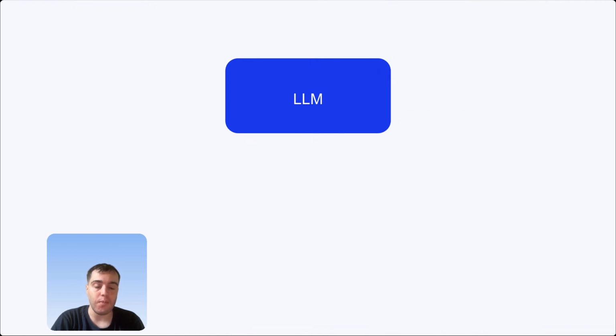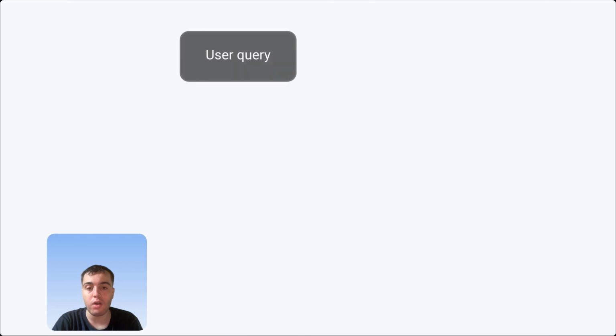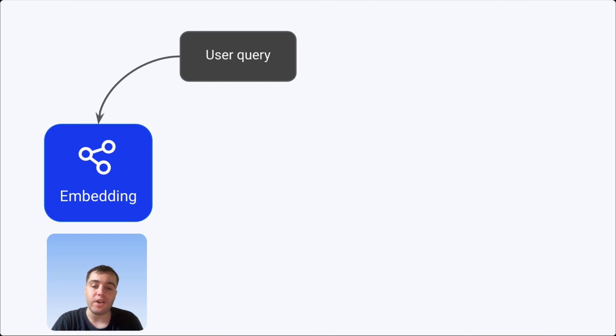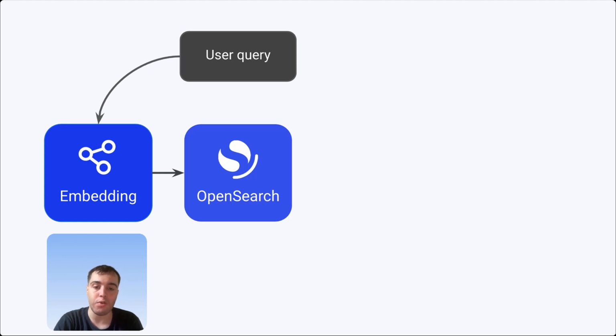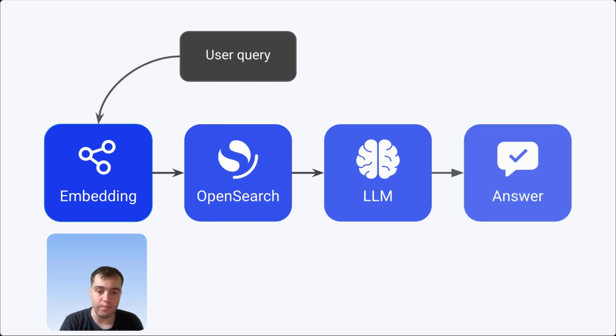But first, what is a RAG? You have an LLM, like ChatGPT, Mistral, Claude, etc., and you add your own data into it, as documents, audio, video, etc. Here is how it works: you have your user, and the user query is, what's the weather today. This is converted to a vector thanks to embedding. After that, you hit some of your documents in OpenSearch. Then you send all the documents you hit into the LLM, so Claude, Mistral, etc., and the LLM gives you an answer.